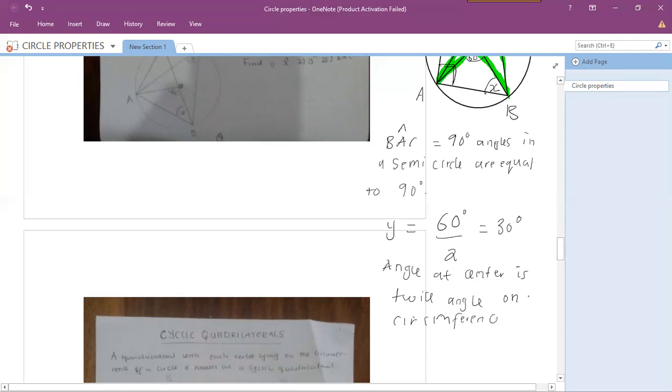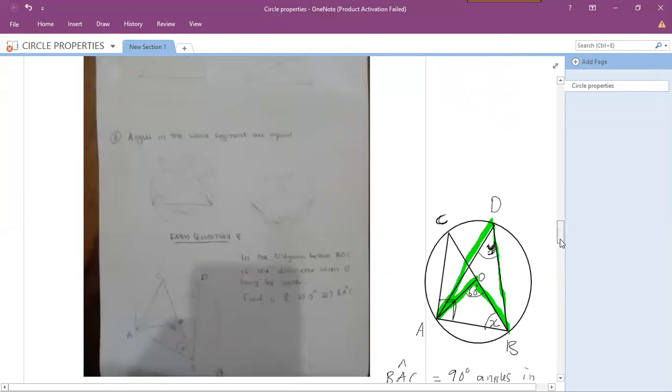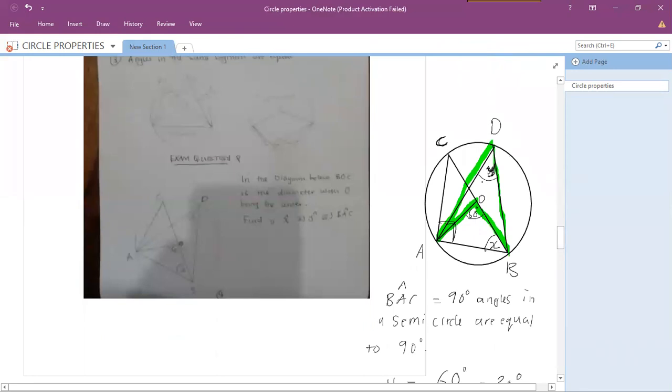Circumference, something like that. So this angle here is 60 degrees. Then the other angle here that we want to find is this one, X degrees there. How do you find this angle X degrees? From center to circumference, from center to circumference, meaning this triangle here, triangle OAB,